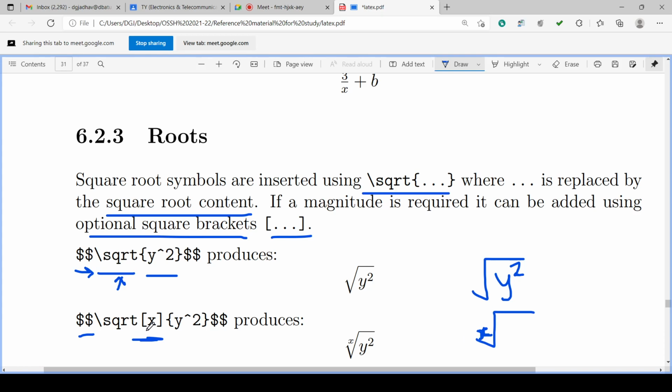Then the magnitude goes in the square bracket, and the content of the root goes in the curly bracket, y hat 2, so there will be y square. Double dollar. That will produce the xth root of y square. So these are very simple things, isn't it? Equation writing is very simple.